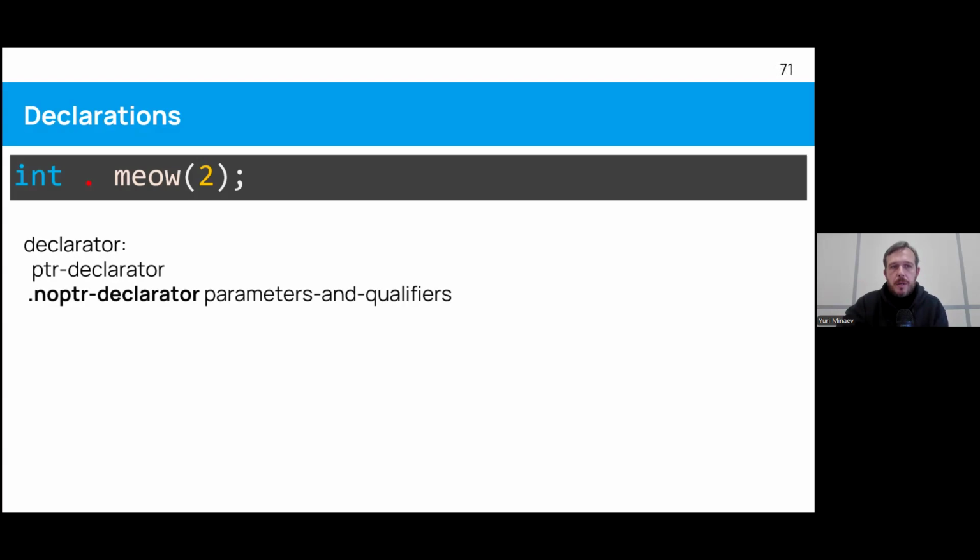We go into a no PTR declarator. Why don't we go into a PTR declarator? Because for us to go there, we have to see either a pointer or a reference declaration. So if we don't have an asterisk or an ampersand, we just go out of the PTR declaration production. It doesn't interest us. Go to no PTR.